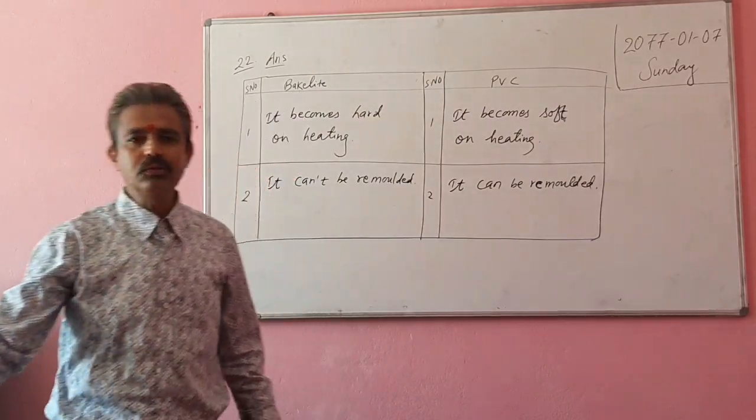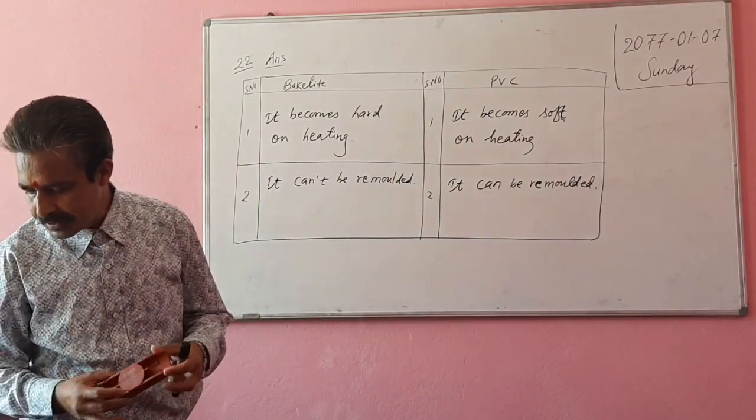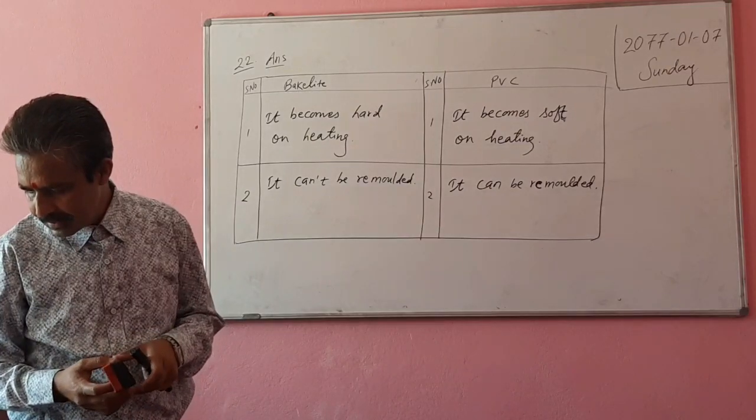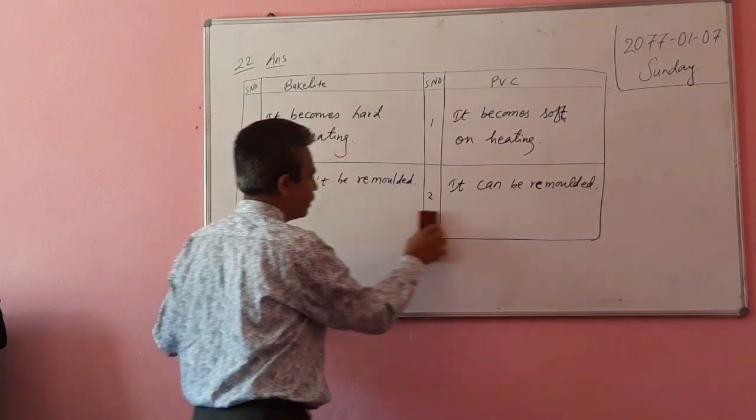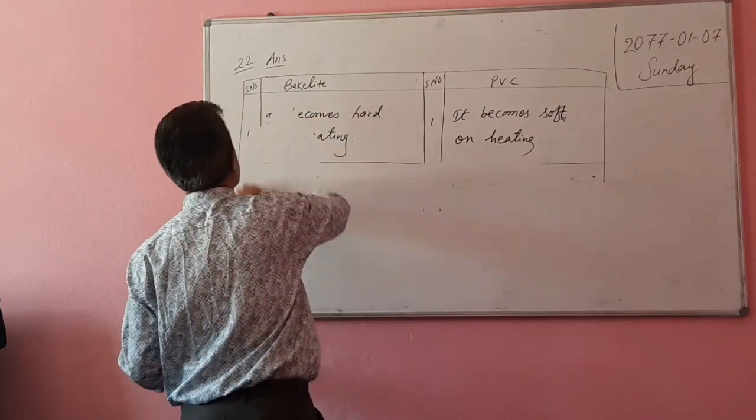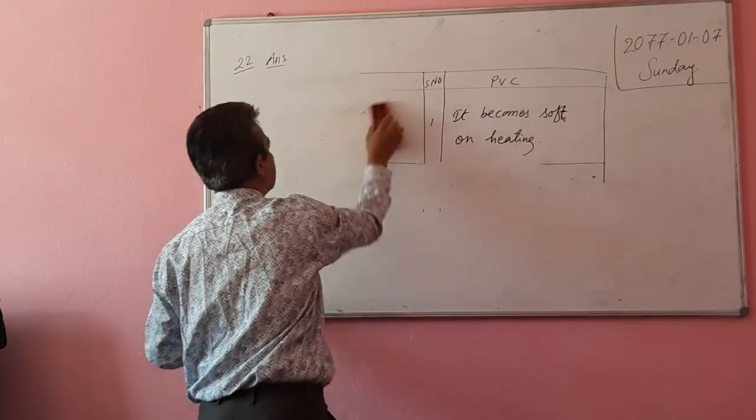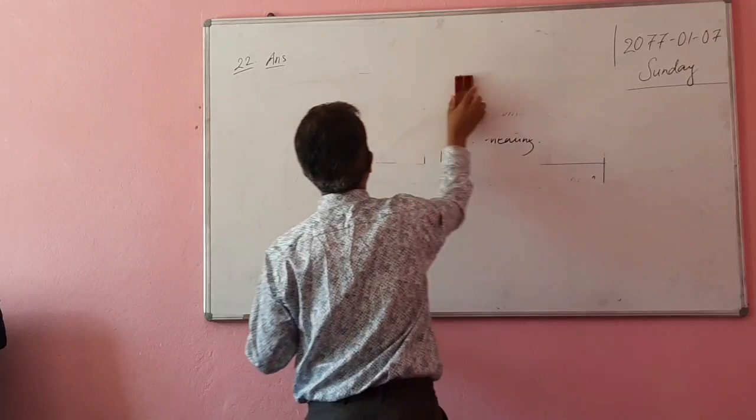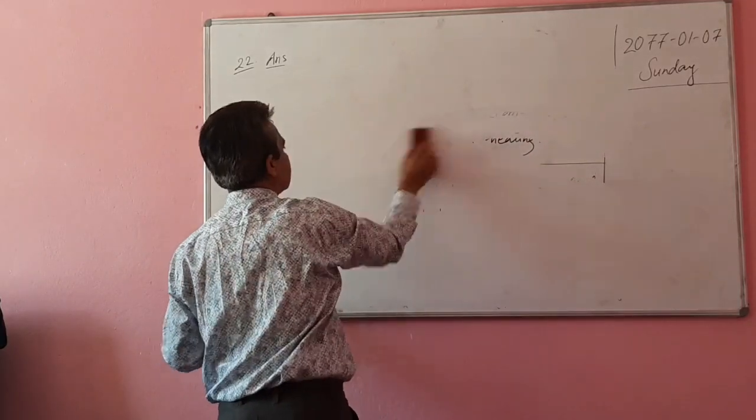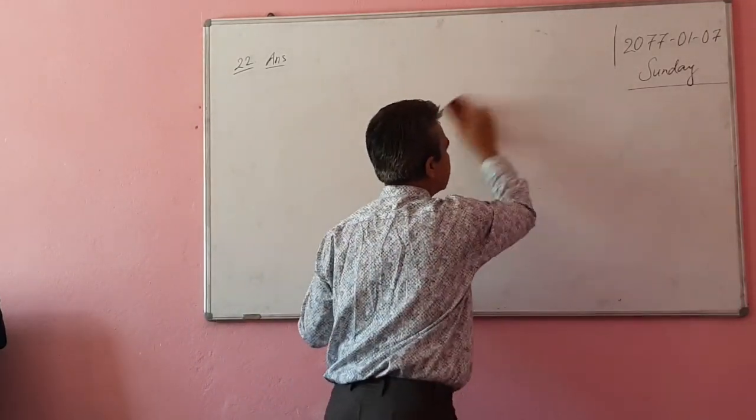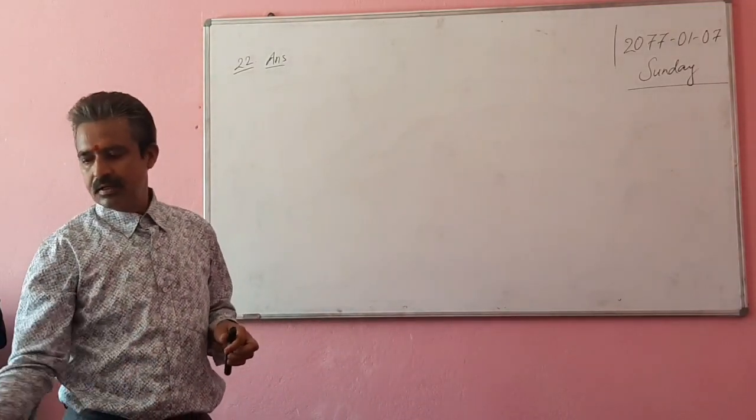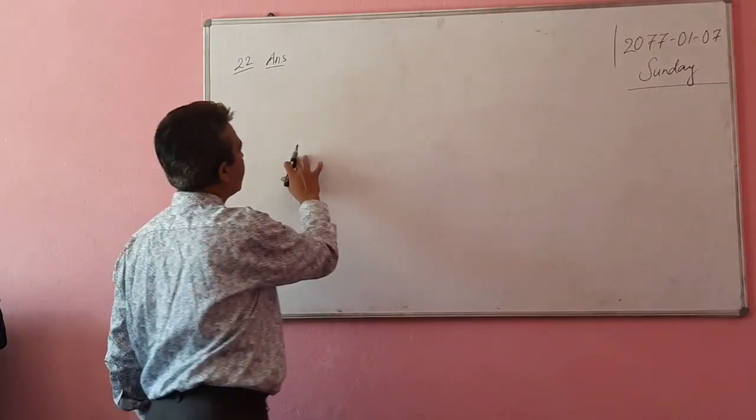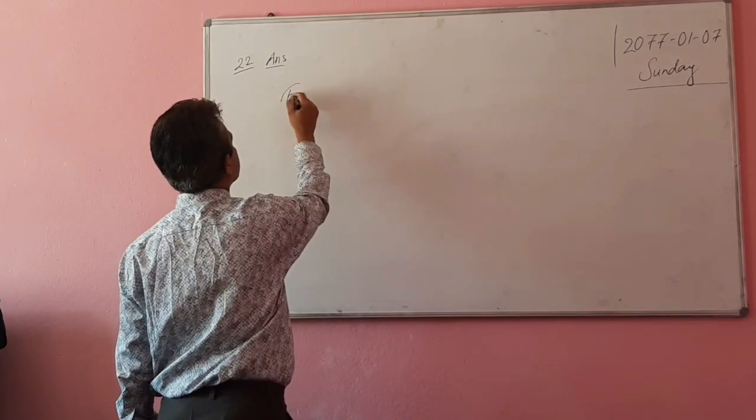Okay. Now what to do? We have to write 4 measures to control chemical pollution. Students, I hope you are doing well. Please try your best. Utilize the time, make routine and practice. Just practice. So 4 measures